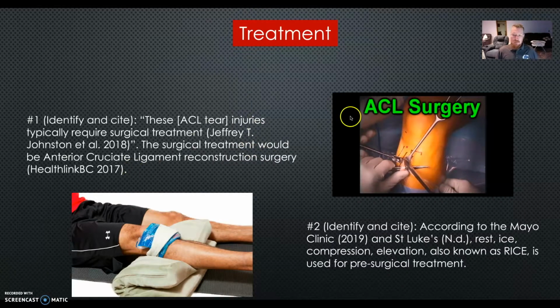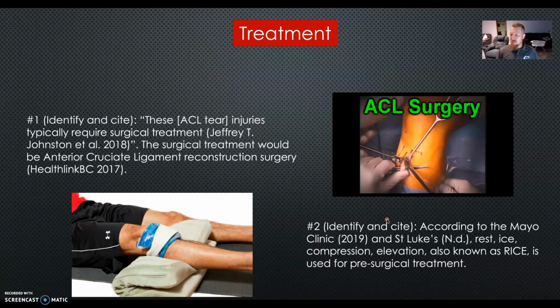Our treatment, most of the time, surgery is going to be a huge thing that's going to take place with ACL injuries. These ACL injuries typically require surgical treatment, according to Jeffrey Johnston, and the surgical treatment would be anterior cruciate ligament reconstructive surgery. Another important treatment that we use, especially pre-surgery, is going to be the RICE acronym, which we use for